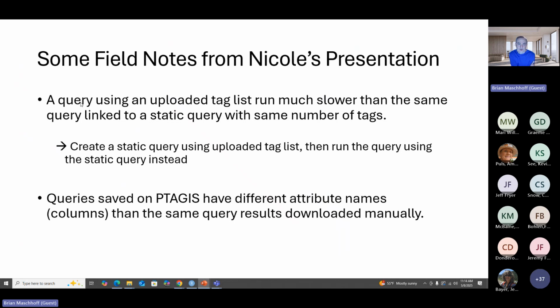What I first tried to do was just take a list of tags that I obtained and upload that into PTAGIS as she described in the presentation, or as I showed. You could take a list of tags, either upload a file or paste them in. And there is a limit of 15,000, but even at lower numbers than that, you can